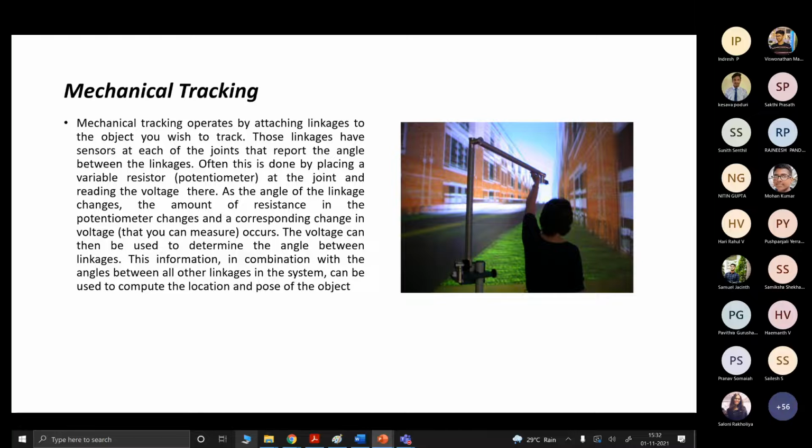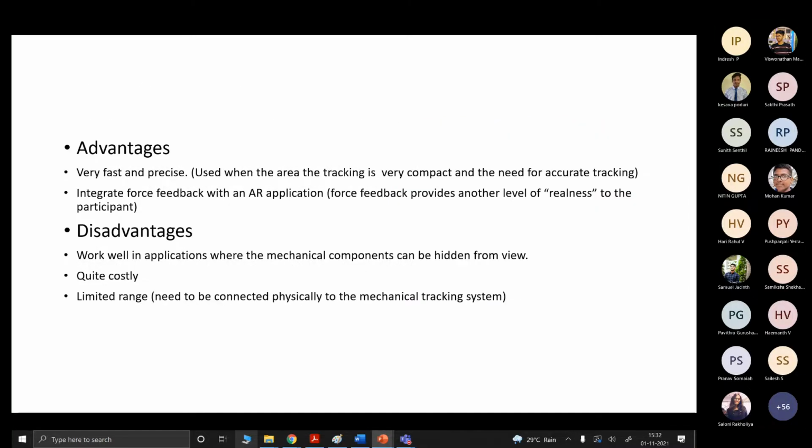The advantage of mechanical tracking is that it's very fast and precise, and it can also be integrated with force feedback. With the help of force feedback, it provides another level of realism to the participants. So when the user touches something, he is able to feel that information.